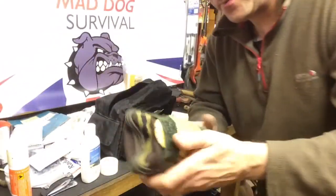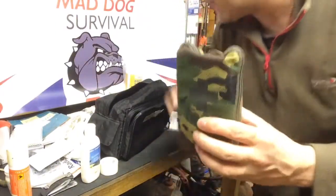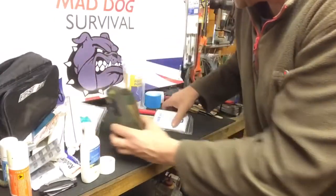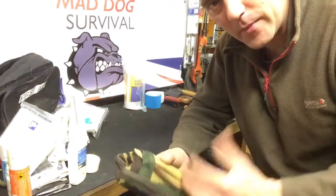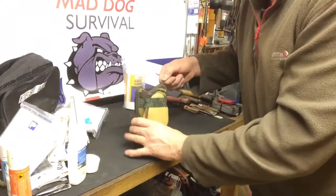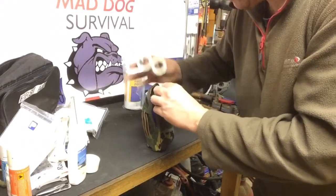The second item, which I've covered in a previous video, is this little packet, and this is first aid for your feet. So just let me move all this out of the way. There's a lot of stuff here, as you can see when it's all out, but surprisingly it weighs very little, so in my opinion well worth carrying. I've done a video before on this, but I'll quickly zip through it again. So again, more tapes,